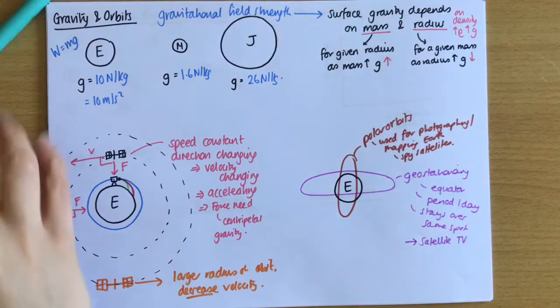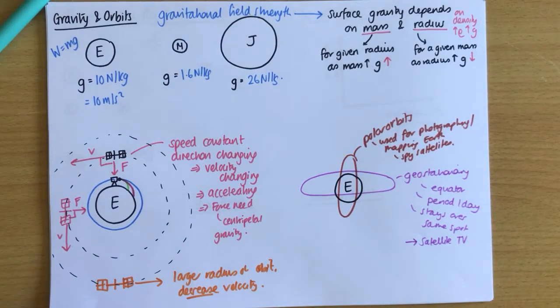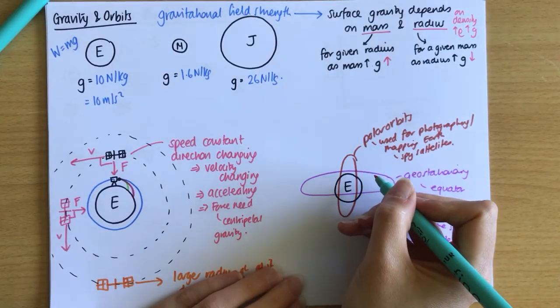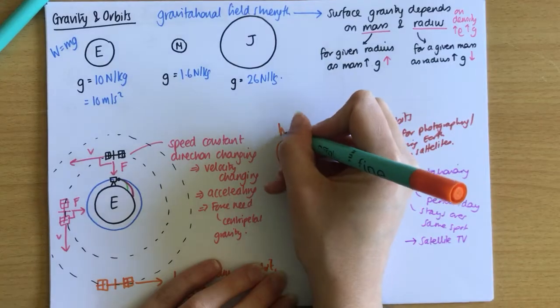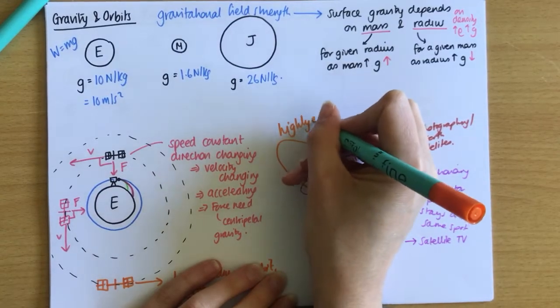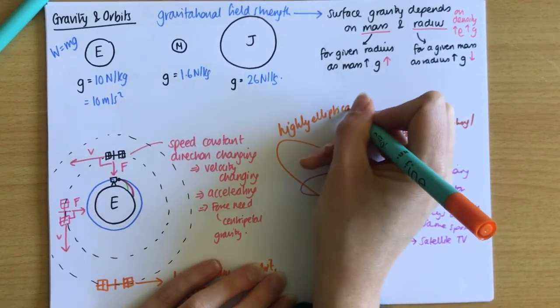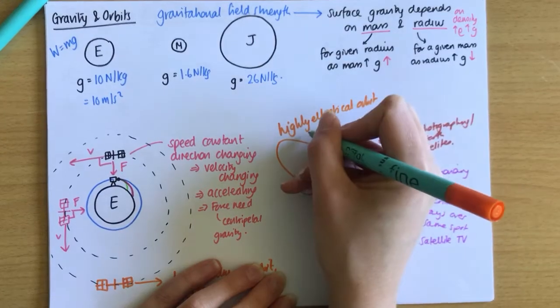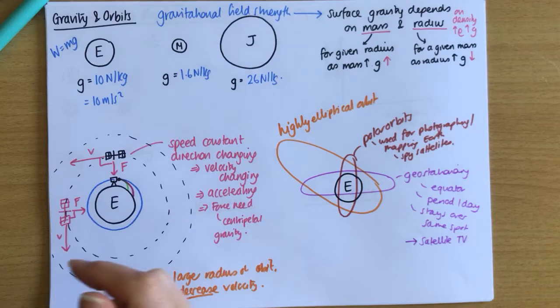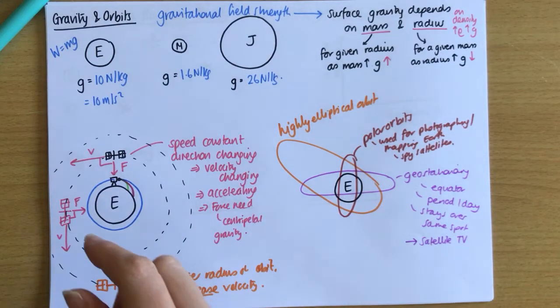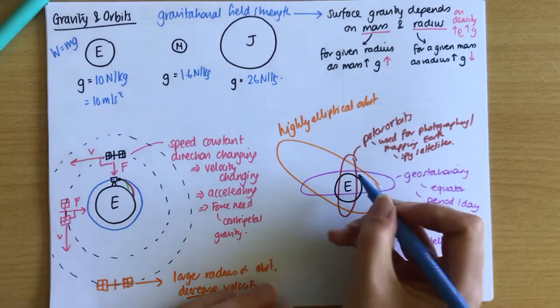There's two more that we can know about, and they have highly original names. One is the highly elliptical orbit, kind of like a comet. That's used for communications near the poles, where it's difficult for the other satellites. For example, the geostationary satellite's quite hard there. And then there's also